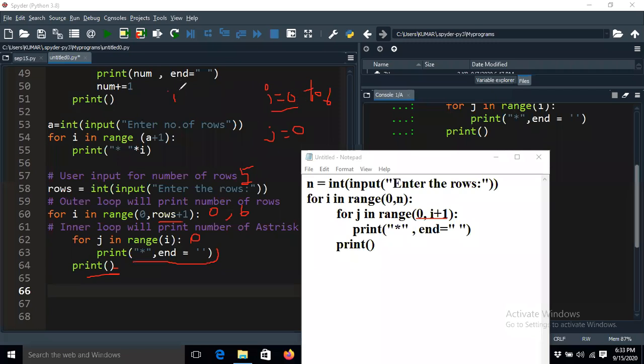Now the i value started from 1 to 6. Now you are entering the j loop. Now j means range of 1. Whenever j is range of 1, it will take the j value as 0, which means the j loop will be executed one time. So now the star will be printed the first time. After that it will not be printed again. It will go to the print line, and again it will take i value 2. In the same way it works.